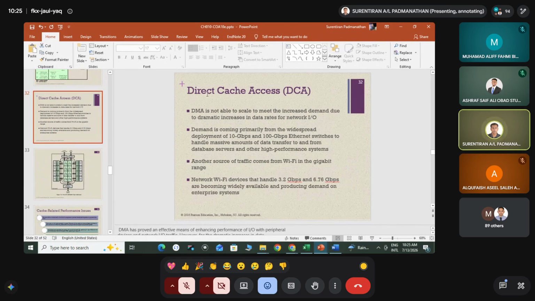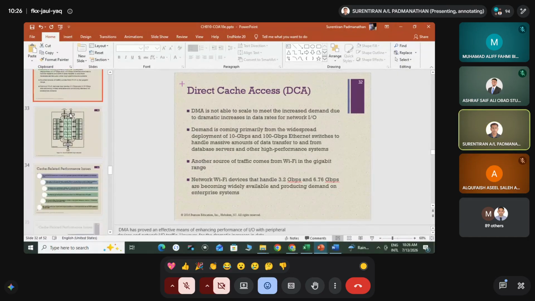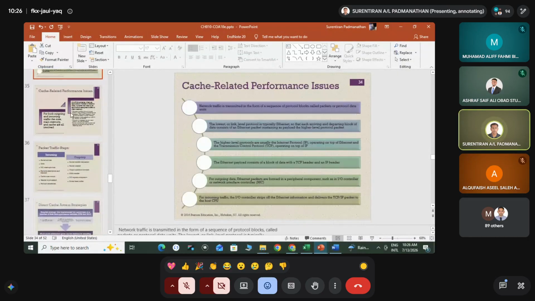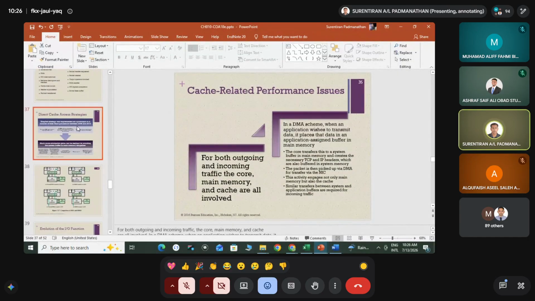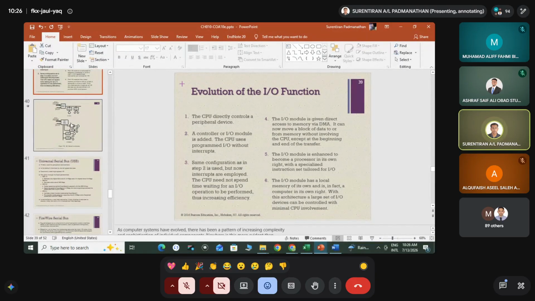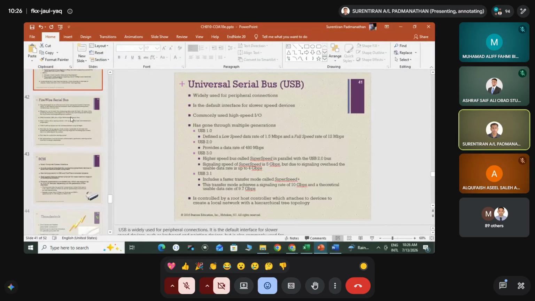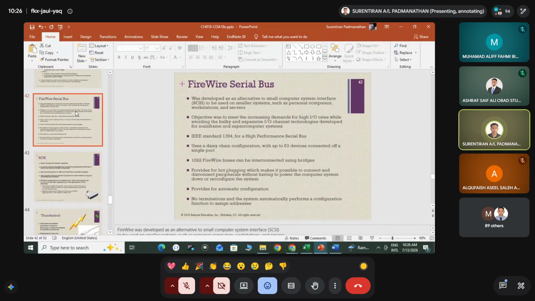And we have DCA as well. We have DMA and also DCA, so try to understand what DCA is here. And this is the evolution of IO function, where we have USB and FireWire serial bus,